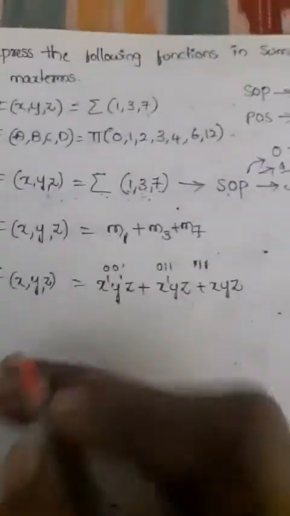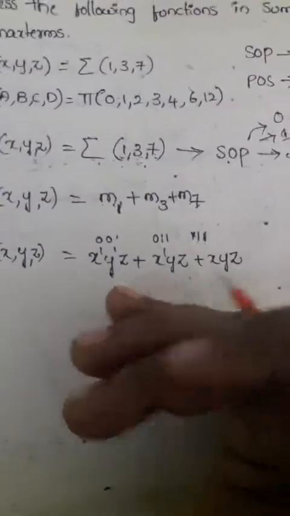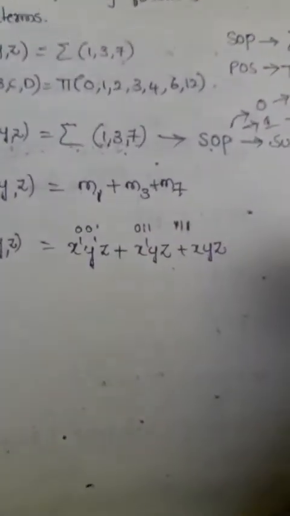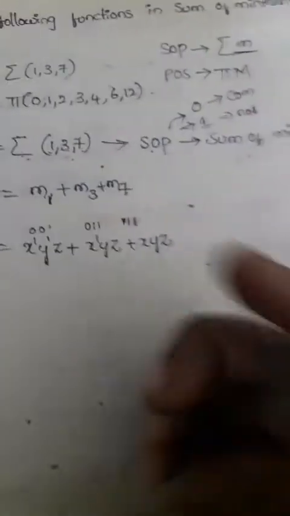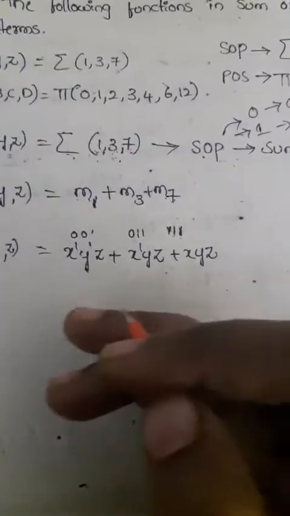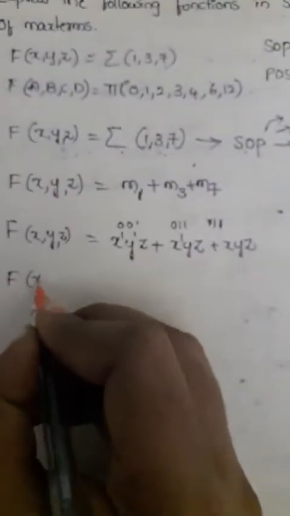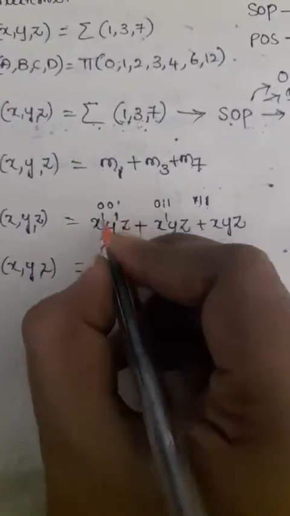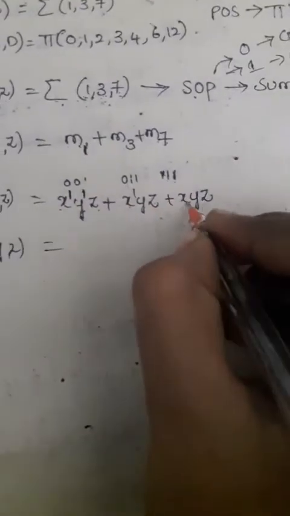Now after getting the expression based on this function, whatever expression we are getting can be completely reduced. That means we have to minimize that expression. That is the last step. How to minimize it: based on some rules and theorems we will minimize that expression. So now we'll check it. Function of x y z is equal to x complement y complement z, plus x complement y z, plus x y z.